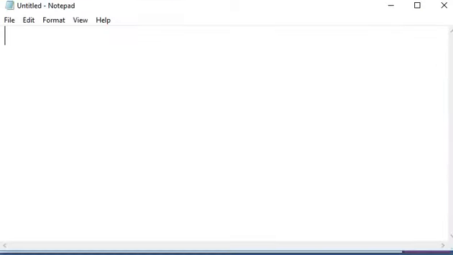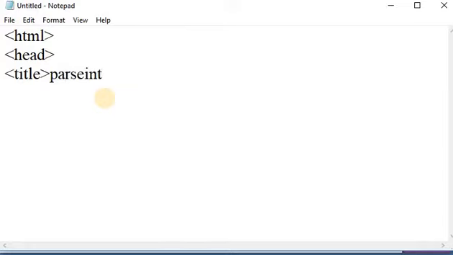Next, let us see one example of how to convert a string to an integer number by using the parseInt method. First of all, take a notepad and in the notepad write html, head and title. I am taking the title as parseInt, and here close the title tag. After closing the title tag, close the head tag. After closing the head tag, I am starting a body tag, and in the body tag I am writing a script tag.